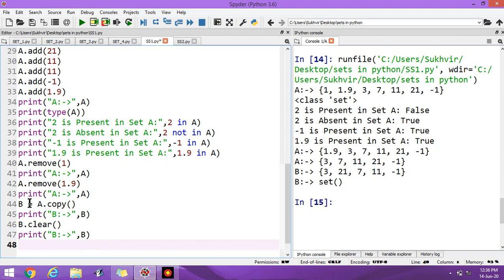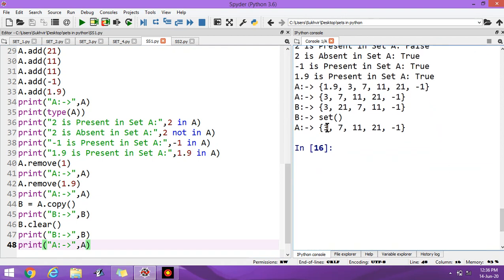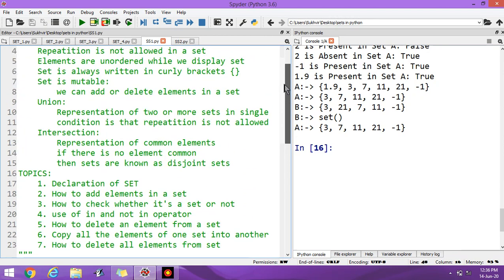But if I print the elements of set A, all the elements of set A remain as they are, because I copied all the elements of set A into set B and then deleted all the elements of set B. Hope you understand the content.